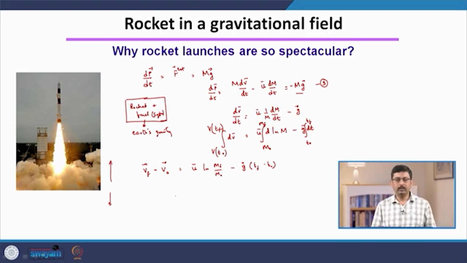Now we are going to assume that at t equal to 0 the initial velocity was 0, which is the true case. Then we have vf is equal to minus u log m0 by mf,